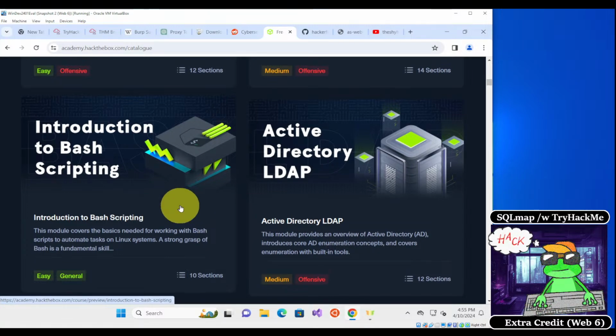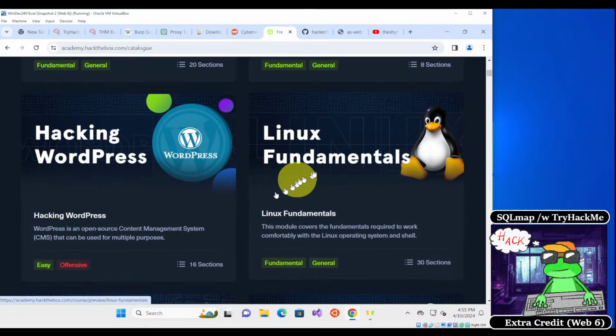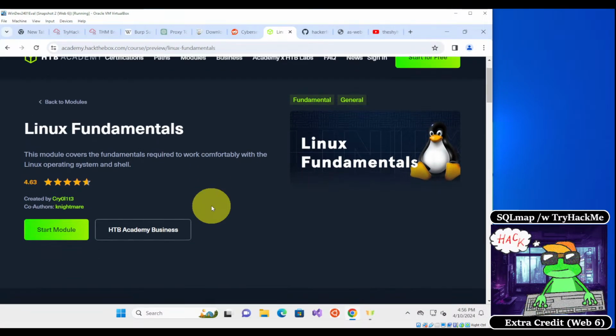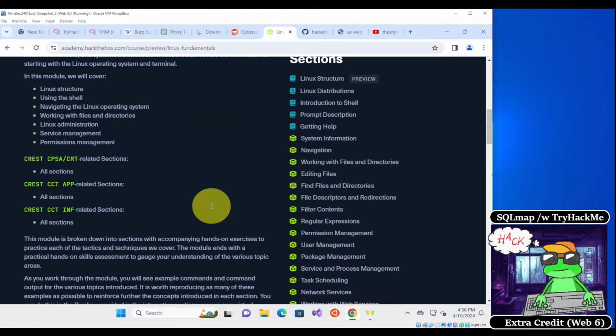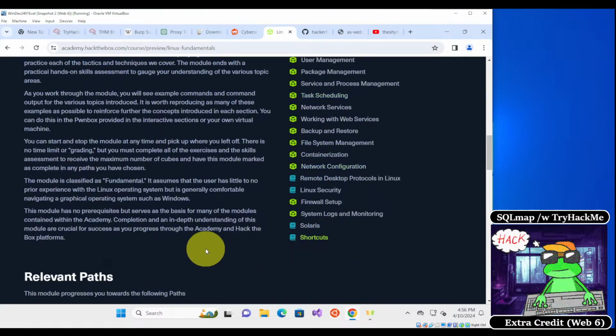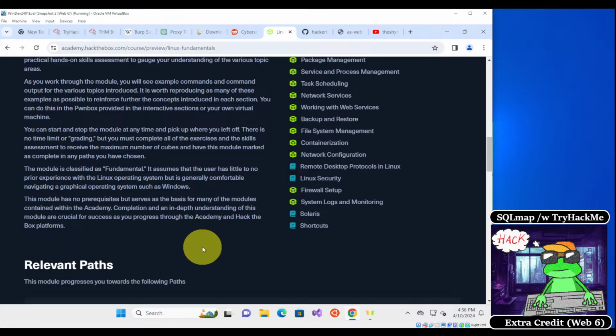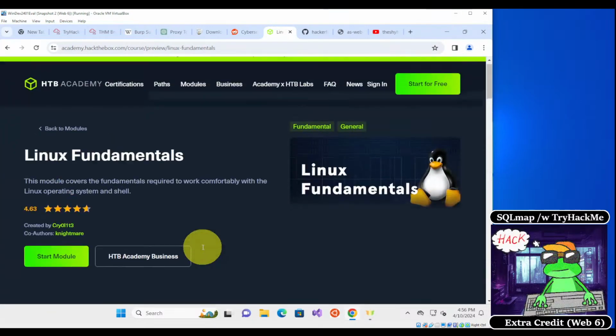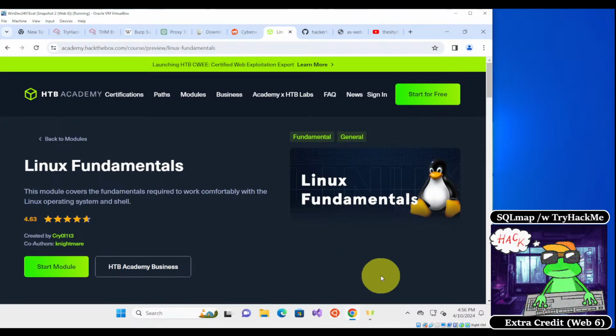But it seems to be a bit complicated to deal with, unless it seems that they still have their cube system in place. It's a good option to take a look at. There is a lot of good information there. But it can be a bit difficult to navigate and to deal with as far as trying to get as much as you can for free. Okay, so that was Hack the Box Academy. Next, we'll talk about